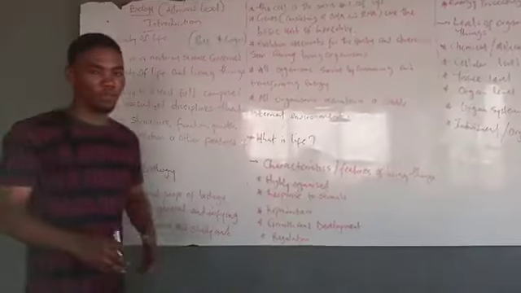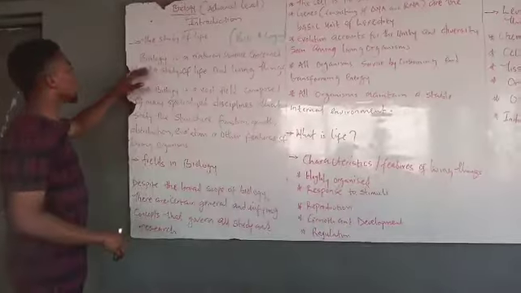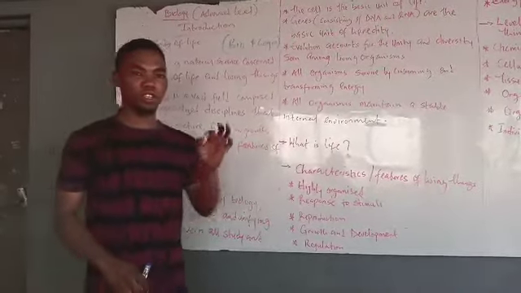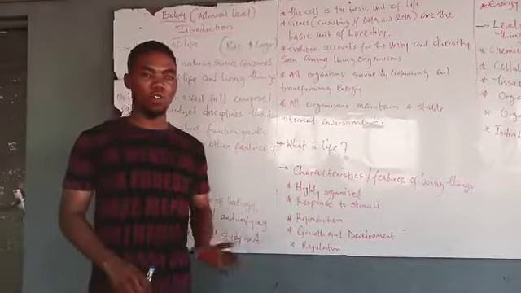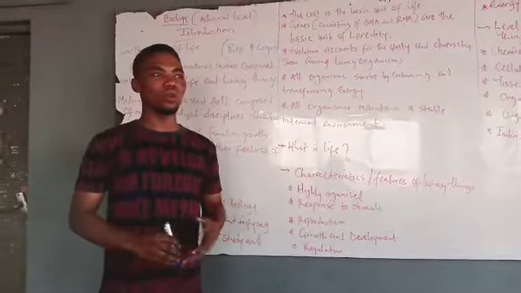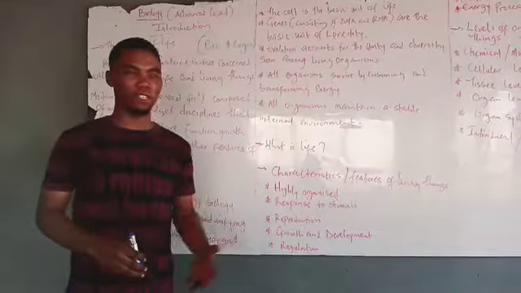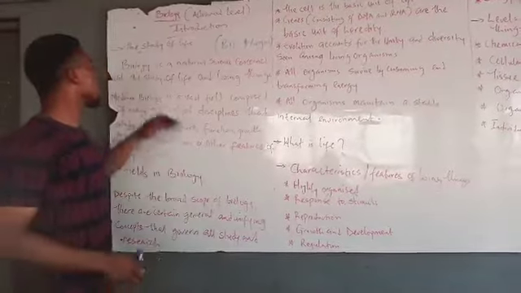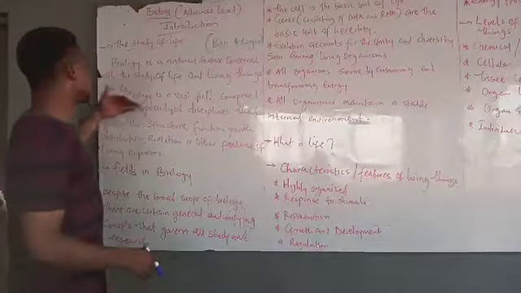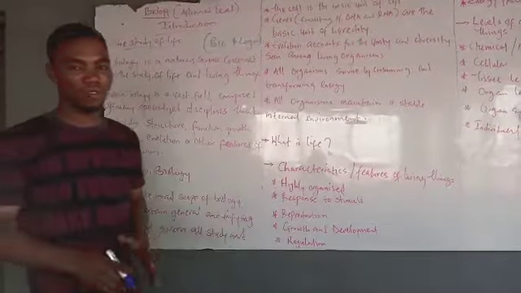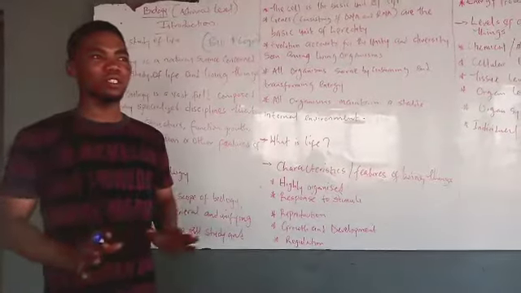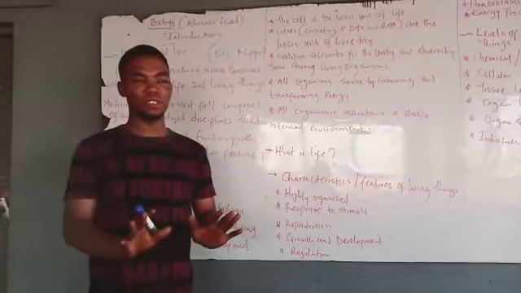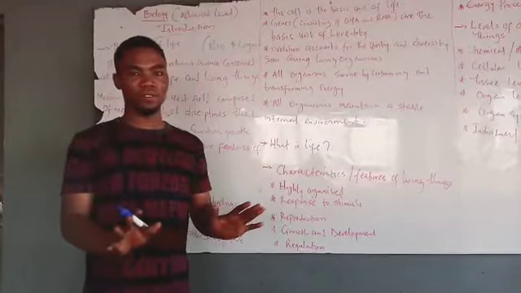So for a definition, biology is a natural science. When we talk about natural science, these are sciences that study the phenomena and the laws of the world. Of these natural sciences, we have physics, chemistry, biology itself, astronomy, and so on and so forth. So biology is a natural science concerned with the study of life and living things. That is, biology is a science that deals with the study of living things and the way of their life.